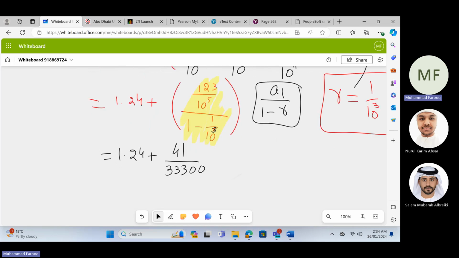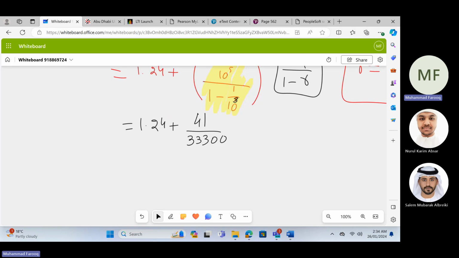Not accepted. We need the answer as an integer ratio, a fraction, not a decimal. Our calculation is not correct. Okay, look at it. This is 1.24, and it is a decimal part. When you add here, you are not getting a fraction, you are getting a decimal answer,